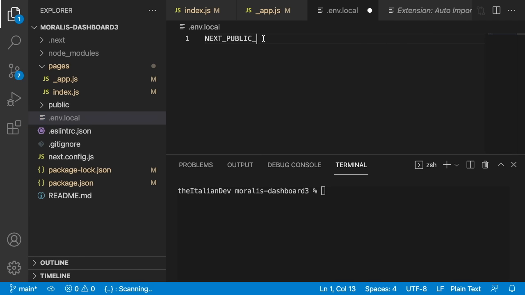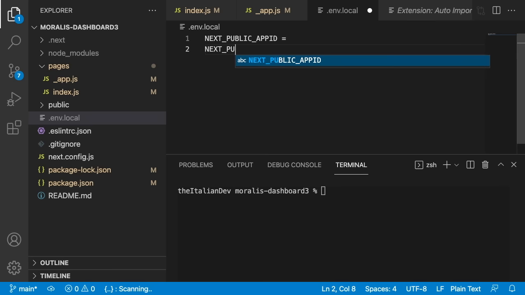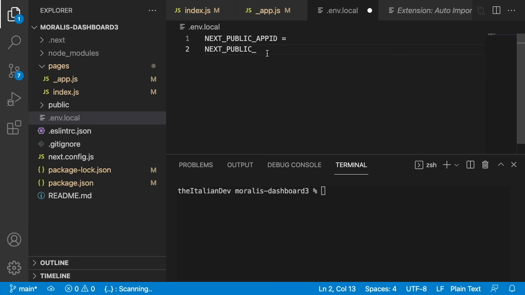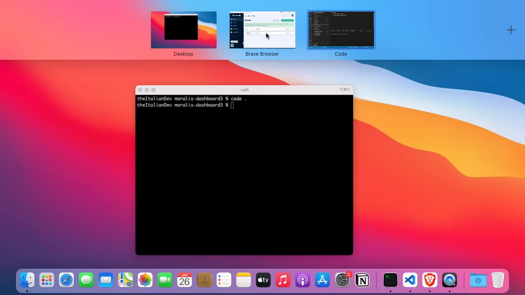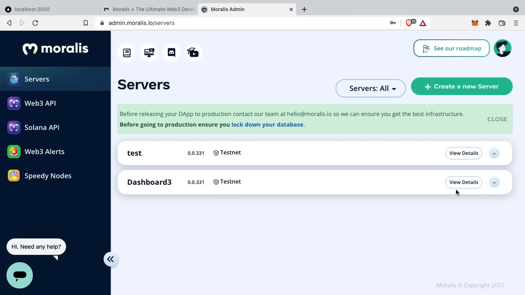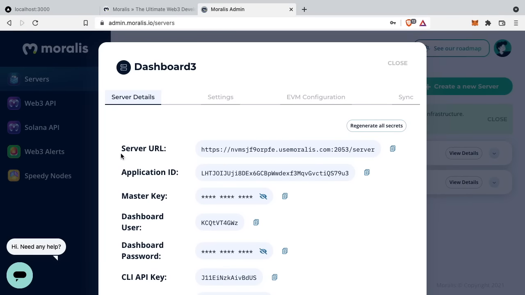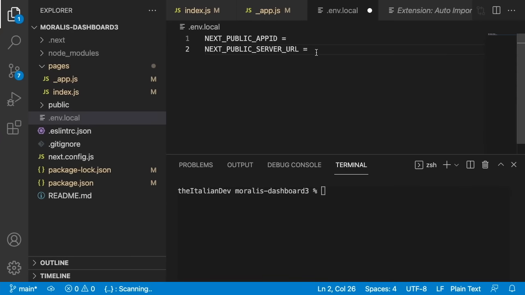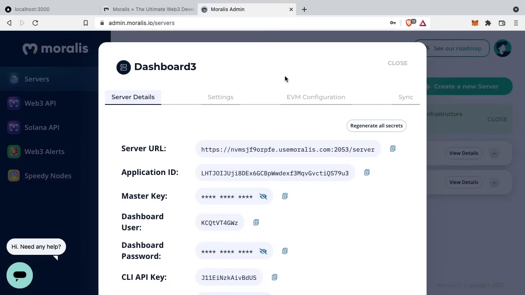So NEXT_PUBLIC_APP_ID equal, and the next one again NEXT_PUBLIC underscore, and we need the server URL. Let's call it NEXT_PUBLIC_SERVER_URL equal. So now we can go back to our Moralis dashboard. If we click view details, here we have the server URL we need, which is the location of our server, and then we have a unique identifier that is the application ID. So copy the server URL and paste it here, and then the application ID